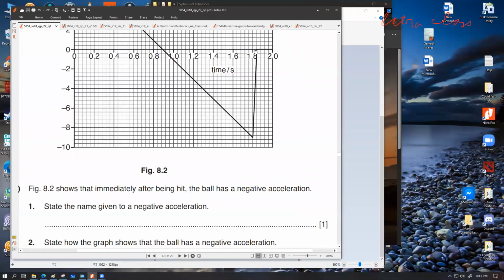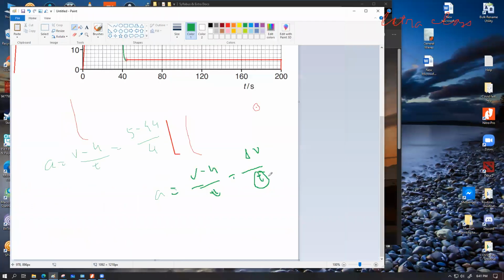So the ball is coming to rest within a duration of only 0.04 seconds. So that's a really small time. That's why the acceleration is extremely large, because you should be able to see it from the graph. Acceleration equals to del v by t. So if t is very small, by the property of fractions, we should know that acceleration should be very